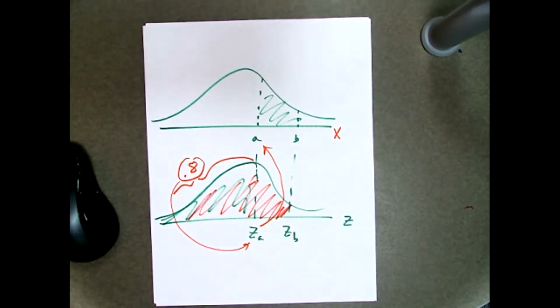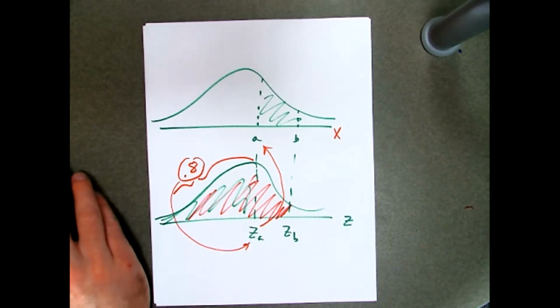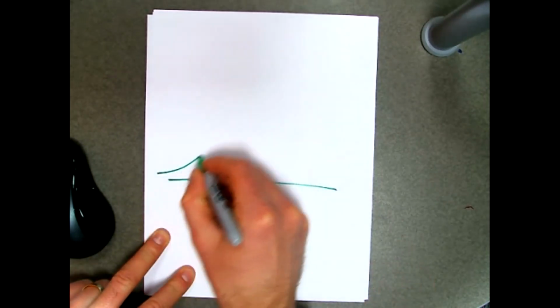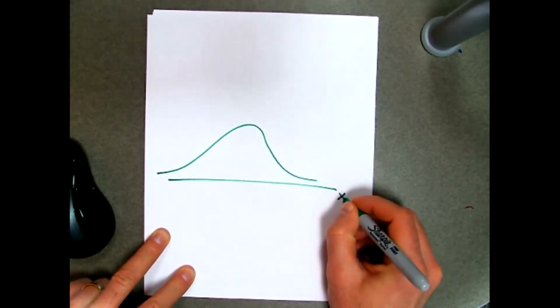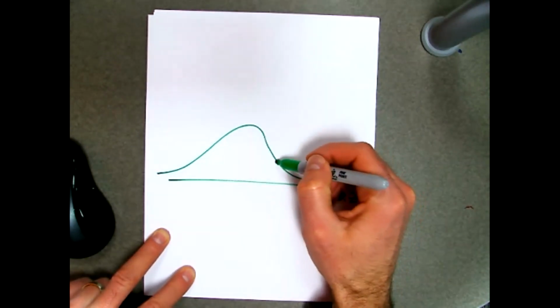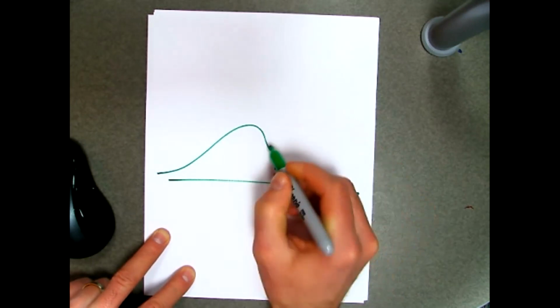Right? So we're working in reverse, okay? So this first one, we can do it just like we did in class. We wanted to know what that test score cutoff was for that 90% cutoff. This is almost like a review of what we did last class. I want to find the z-value